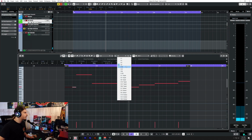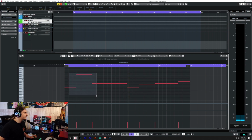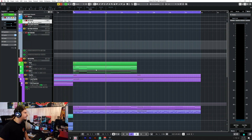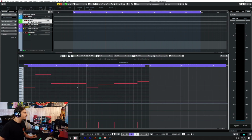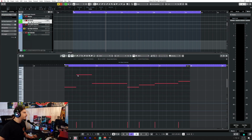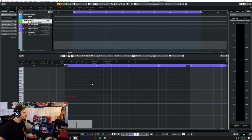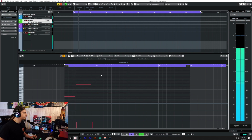Right? And in order for the compressor to hit properly on the bass, and we're gonna put a compressor on it as well, don't worry about it. Let me just edit it in one place. All right, so we're gonna put a compressor on the bass. Now, in order for it to hit properly, it needs gaps, so it's gonna be like...